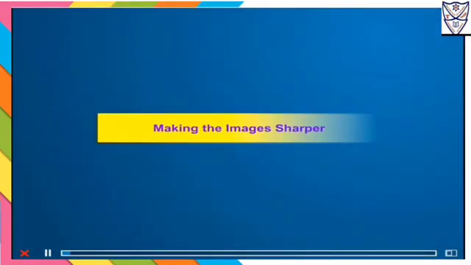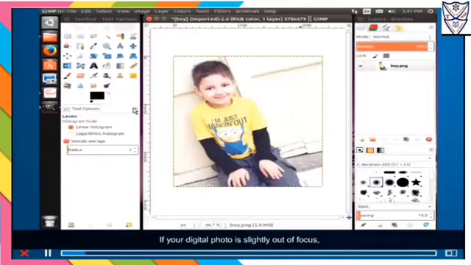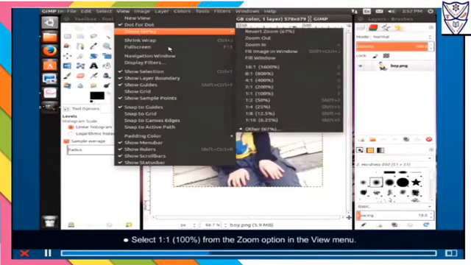Making the images sharper. If your digital photo is slightly out of focus, GIMP can help you to make them look crisper using basic sharpening technique to sharpen your photograph. Open the image in GIMP to be sharpened. Select 1:1 100% from the zoom option in the View menu.